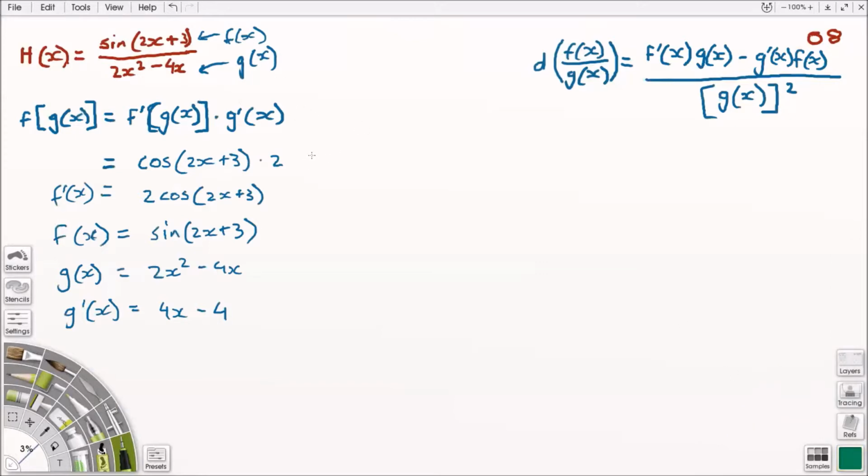So the derivative f dash x is going to equal cos, g of x, which is 2x squared minus 4x minus, it's a massive gap,